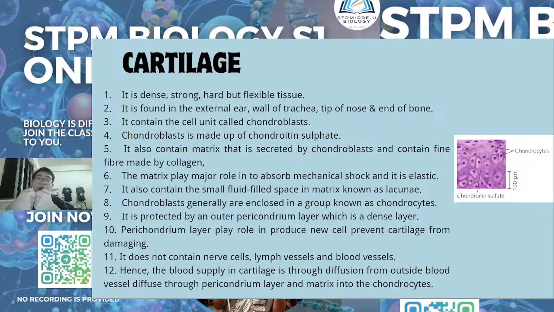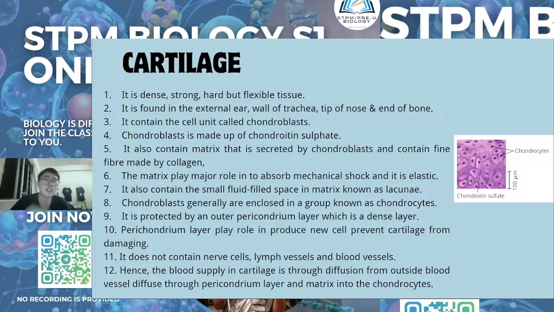Awak tak boleh stretch dia kan. Tulang kami sangat hard kan. Awak boleh pukul orang punya. Tulang kami boleh pukul orang punya. Tapi cartilage bukan. Cartilage although it is also dense, strong, hard, but it is very flexible one. Dia lebih flexible